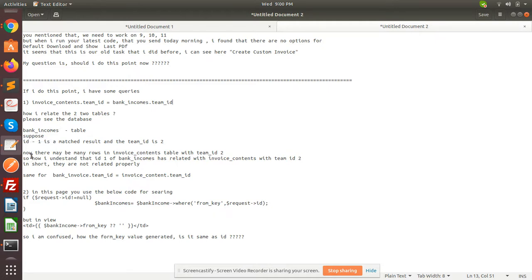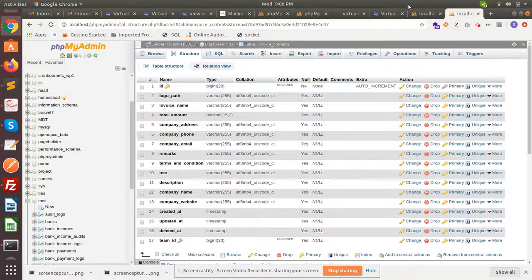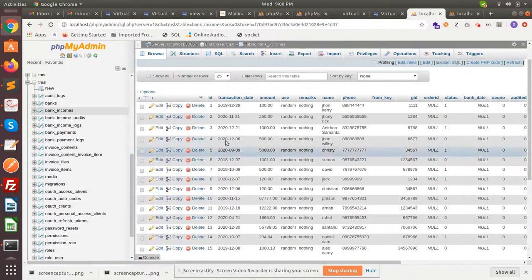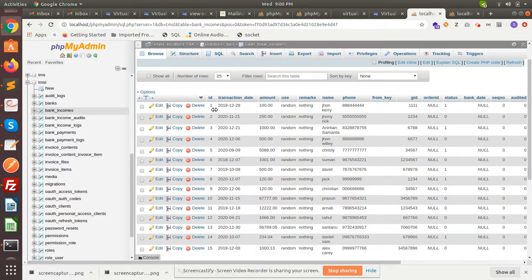Now there may be many rows in invoice, and now suppose ID 1 is a matched result and the team ID is 2. For example, suppose ID 1 is the matched result. You can see matched result 1.